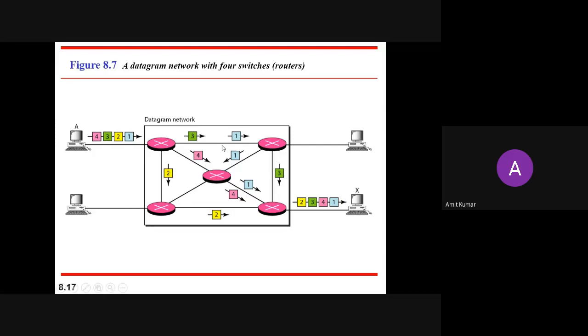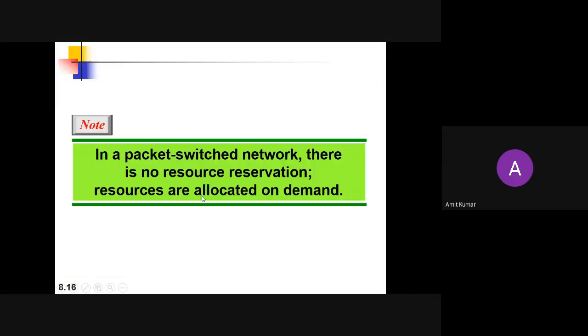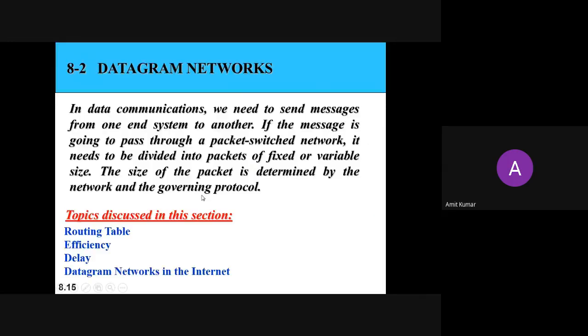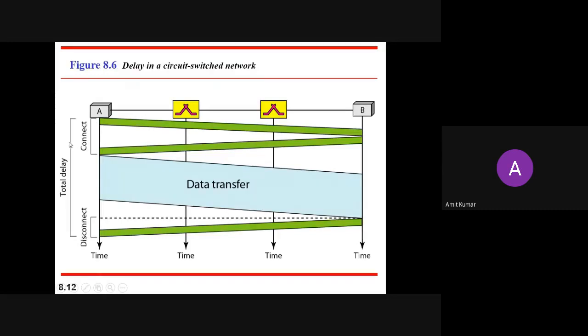So here you can see we have neither a setup phase nor a tear down phase. We have seen these phases in the previous one. The first phase is connect, then data transfer, and then disconnect. That we have seen in the circuit switched network. So first you need to allocate the resources. For the fair allocation of resources from source A to source B, what you need to do is make a request from source A. So source A is making a request.